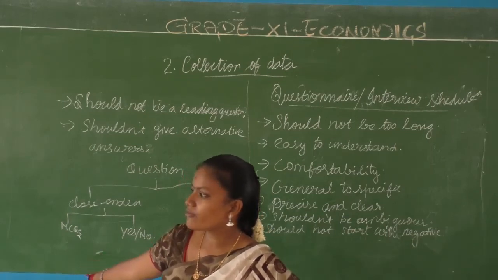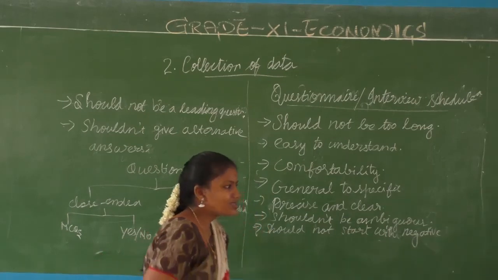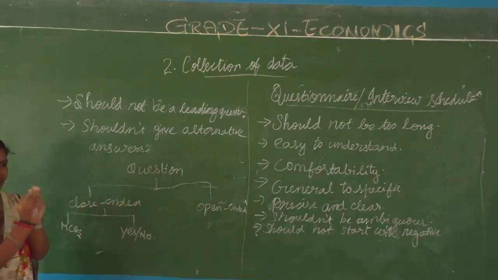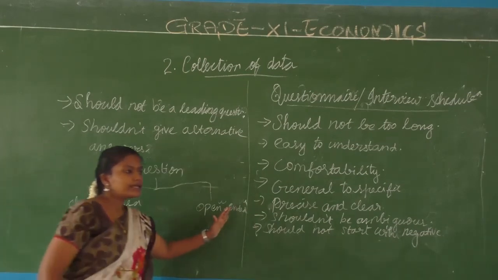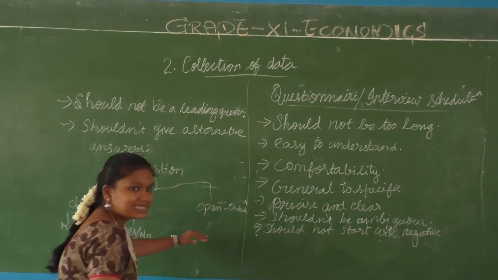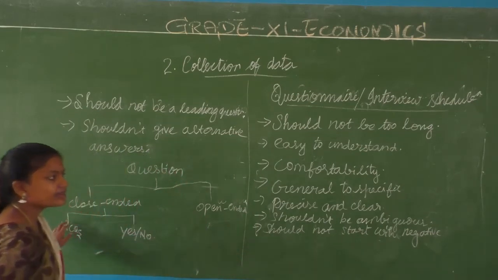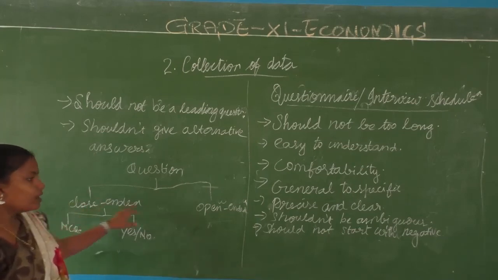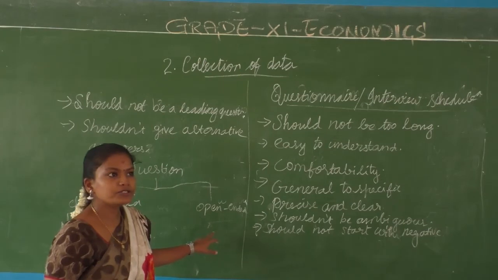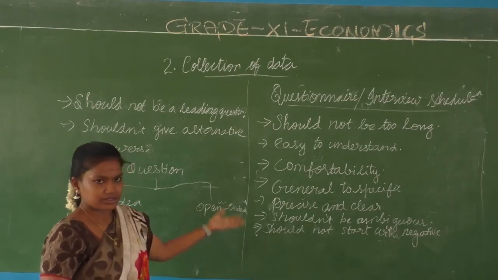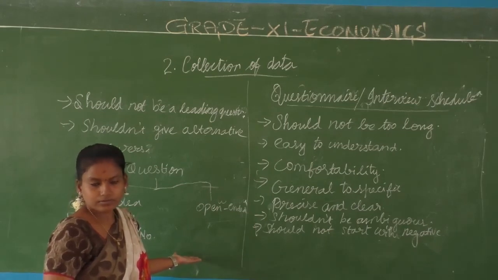Okay, what are the uses of close-ended and open-ended? Close-ended means it is easy for you to analyze because limited options, you can figure out within that limit, easy to analyze. Open-ended, it gives enough space for the respondent to answer. It does not constrain them. Here in close-ended, they may be reluctant to answer to something, but they have to answer. Here in open-ended, they have the option to give their own answers. They don't have any restraints here in open-ended question.